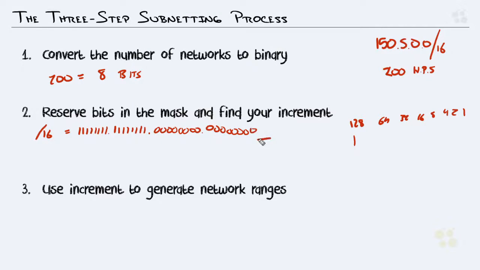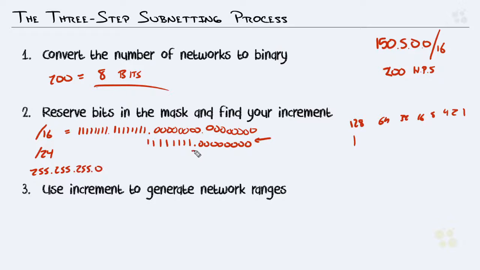So, right to left. 1, 2, 3, 4, 5, 6, 7, 8, because it takes 8 bits to get the number 200. Dot. And the rest of these flip on over to the network side. Now you can see why I'm laughing. You're like, Jeremy, didn't you just put a Class C subnet mask on there? You bet I did. So the new resulting subnet mask is